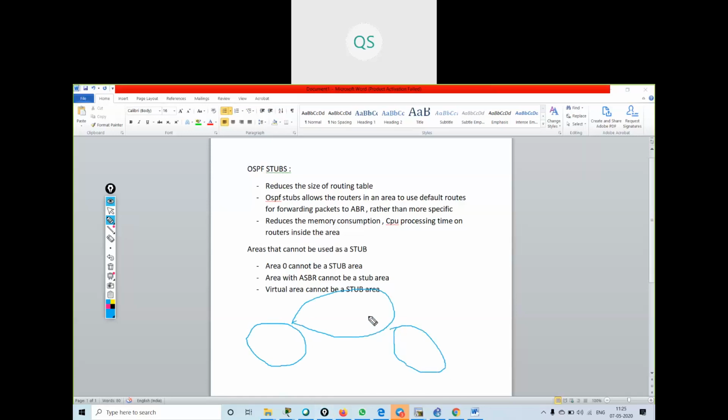This was my area 0, this was area 1, this was area 2. I had ABR routers between two areas, and my virtual link was connected between these two areas. So this is my virtual area, which connects a non-contiguous area to area 0. So my virtual area also cannot be a stub area.